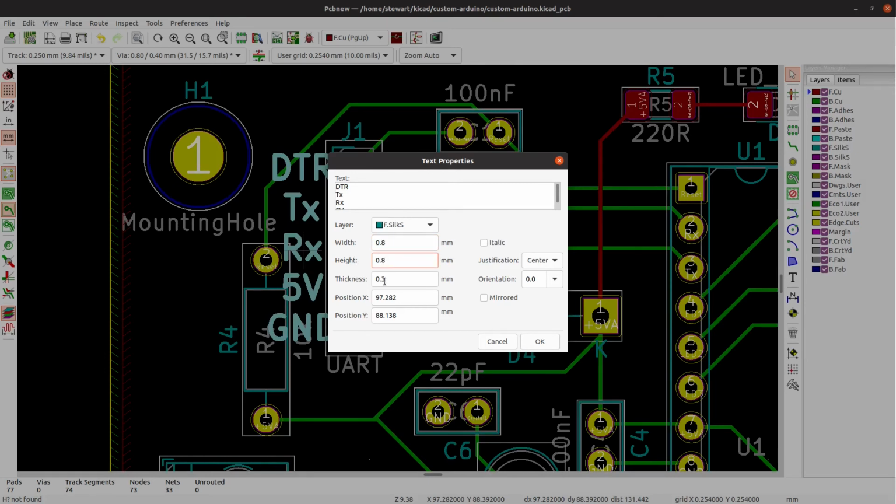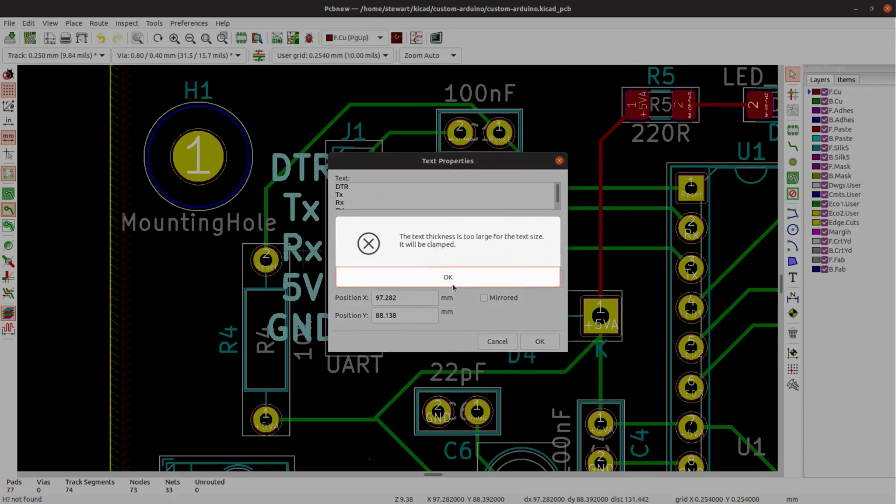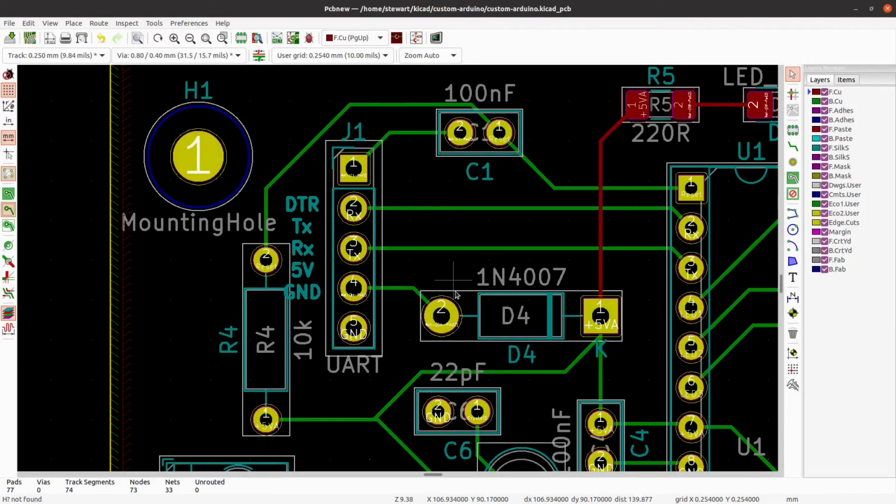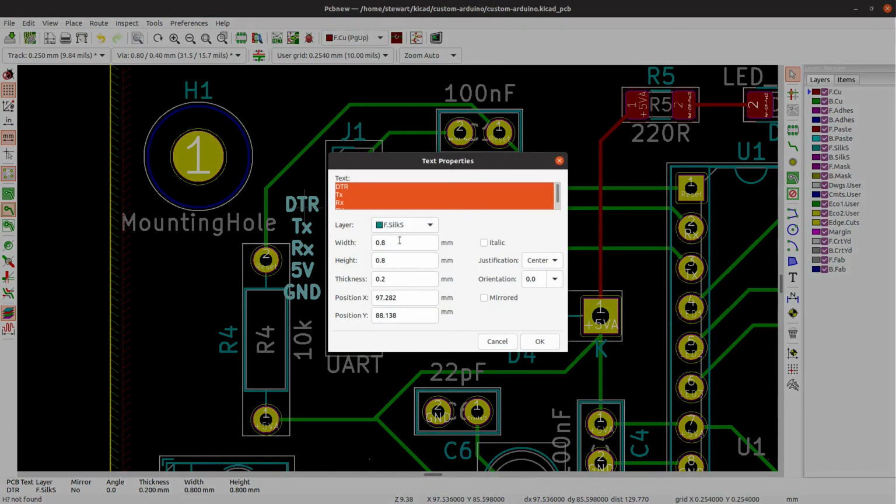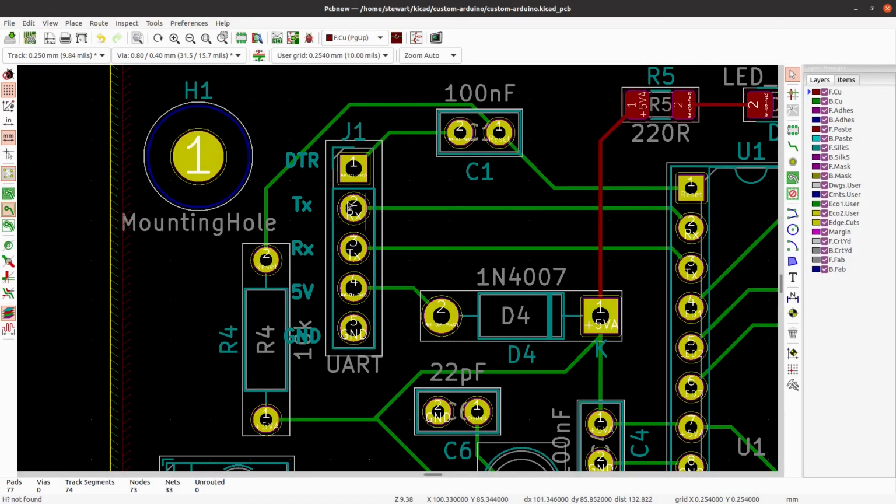I might need to space these a bit more if I'm doing this one. Place them. That's how you can add text on,